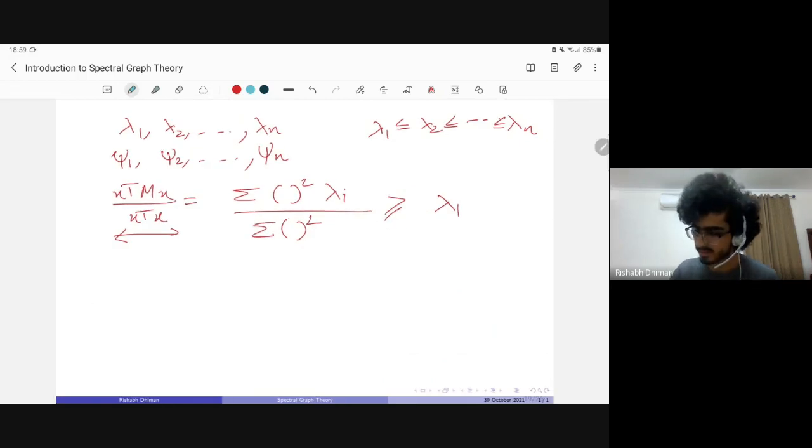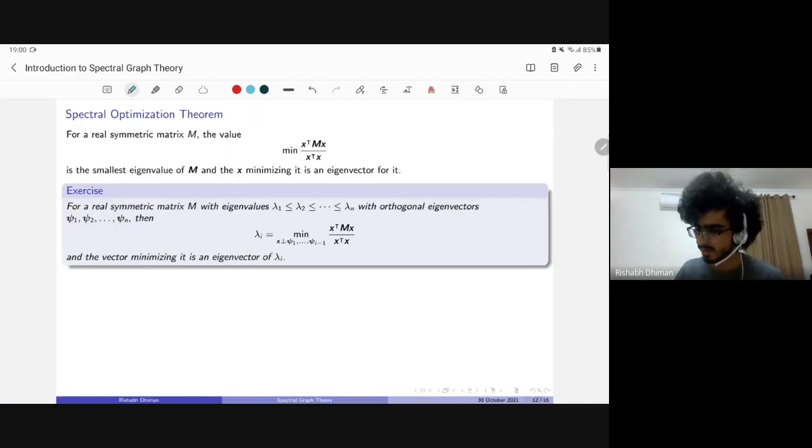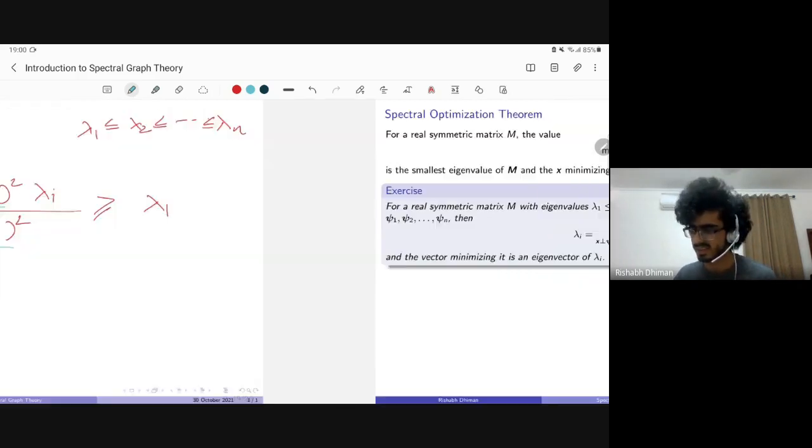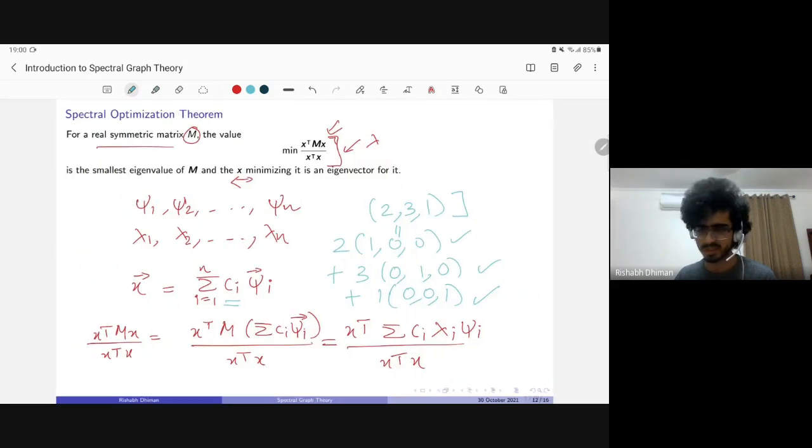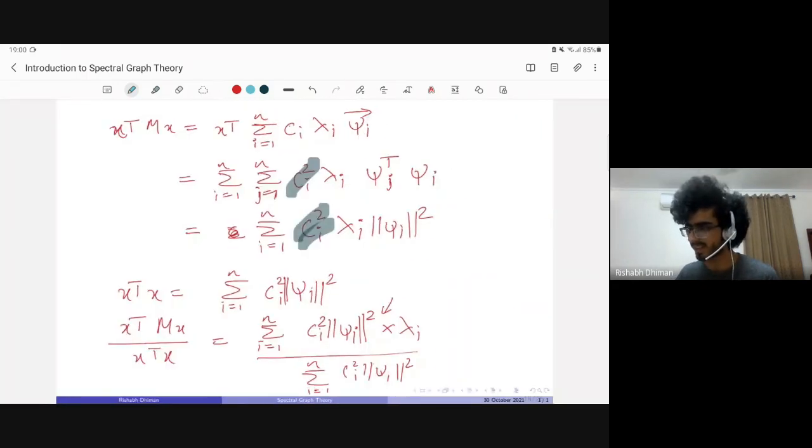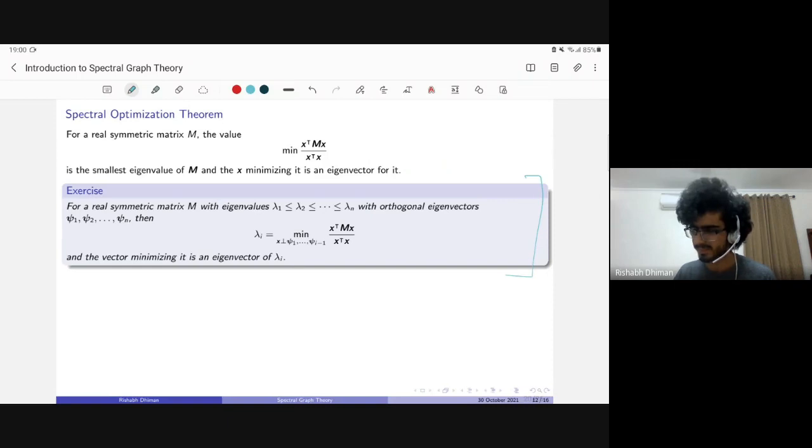So yeah, the takeaway is that the dependence on x is here, and it is the weighted mean. So this will be greater than or equal to the minimum value. And what you can do further is, I'll leave this, I won't talk about it, because it is pretty easy to modify this proof to get to that one, and it'll take some time.